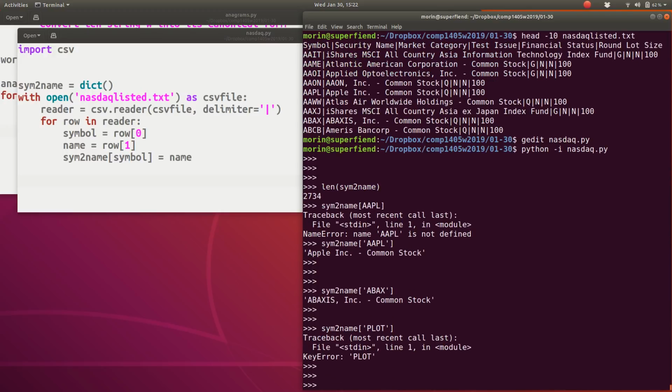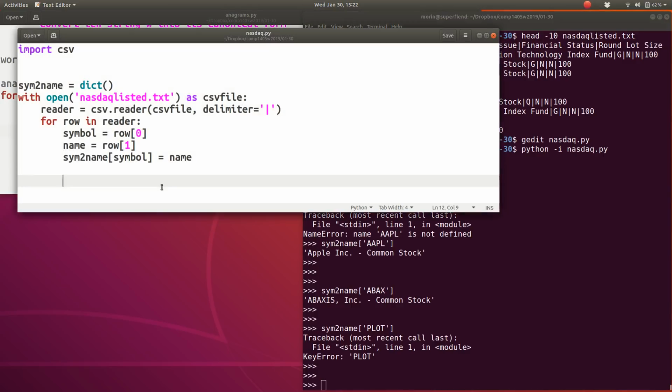So if I try and look in a dictionary for something that's not there, I guessed maybe there was a symbol called plot, it's not there, I get a key error. Okay. So if you're going to write code around this, then maybe you should check that first. So let's just